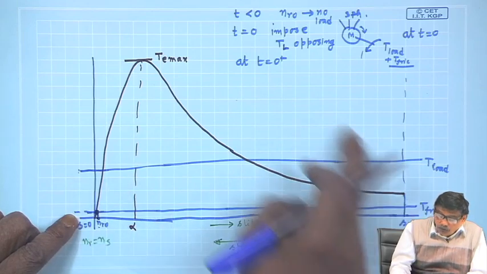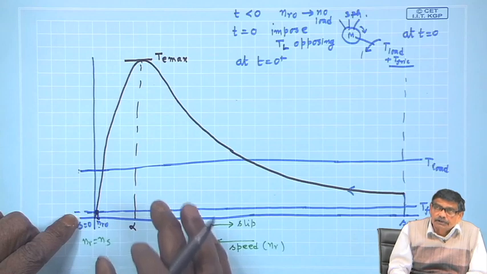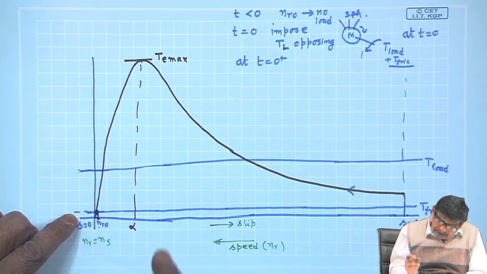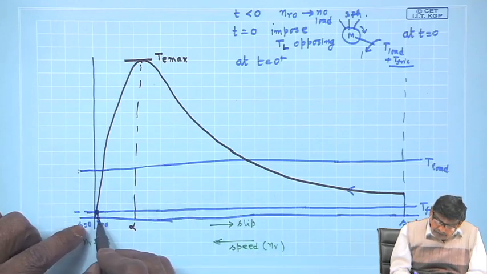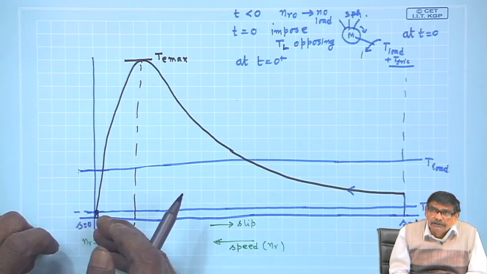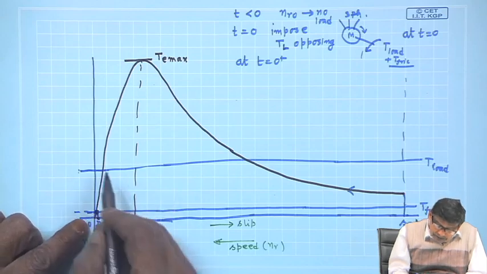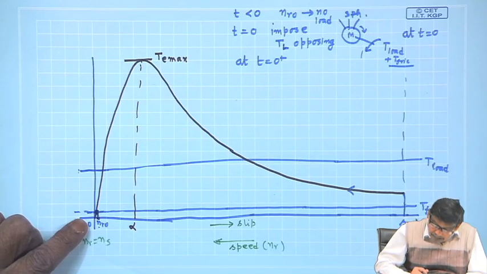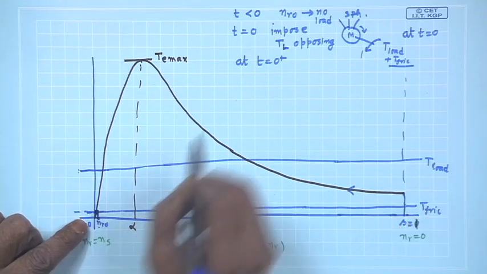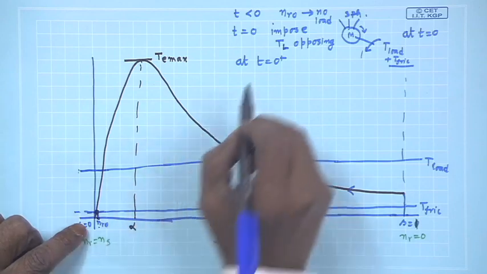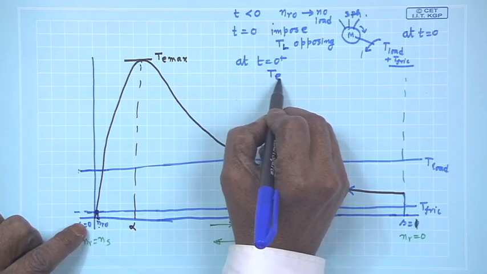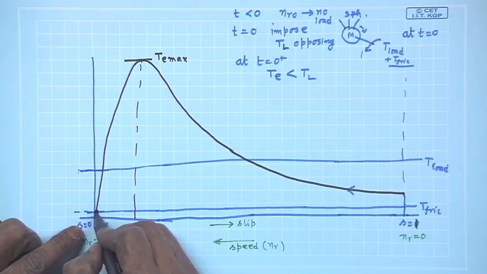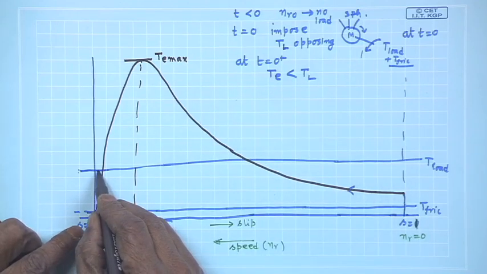There is no scope for showing time in this diagram, you must understand that. Time is in my mind. Okay, so at t equal to 0 plus, n at 0 will remain the rotor speed, but you have imposed an opposing load torque, that I can show nicely here. And then I say, at t equal to 0 plus, the electromagnetic torque developed by the machine is less than T L. That is the conclusion, because at this speed the opposing torque is this much